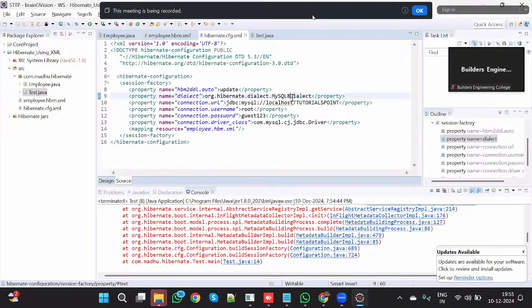MySQL dialect. Here localhost:3306/MadhuDB. MadhuDB is my database name. And the username is root and there is no password. And my driver name is